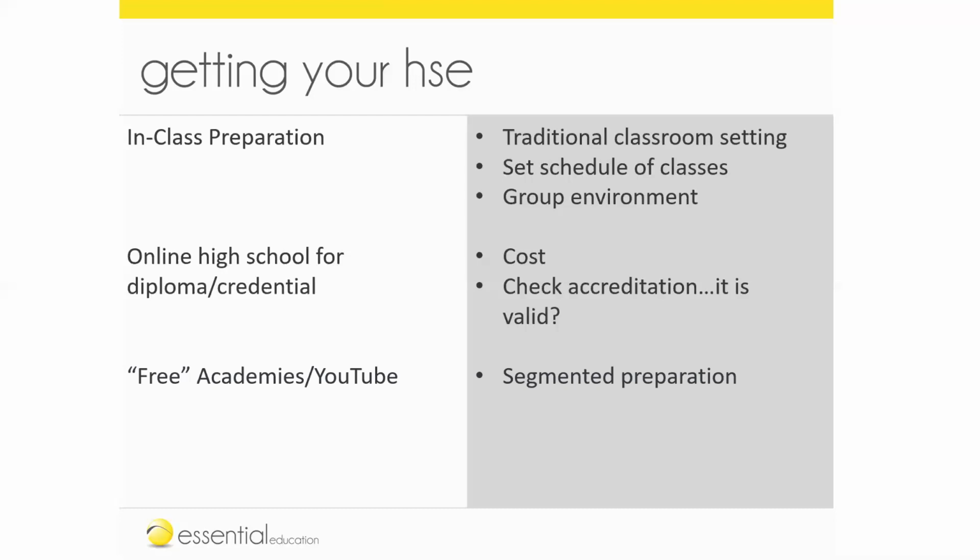It's segmented. You're only getting it in little pieces. You aren't getting a full preparation with most free academies or YouTube-based programs. The other thing is, while those programs are well-meaning to teach you concepts, and you might learn the concept or the process of being able to do something or know something, they aren't necessarily aligned to the test, meaning that